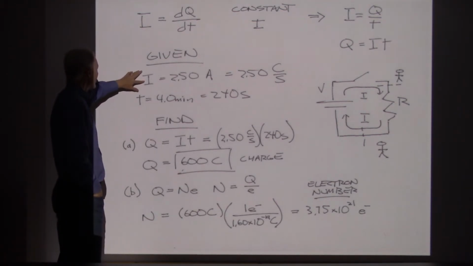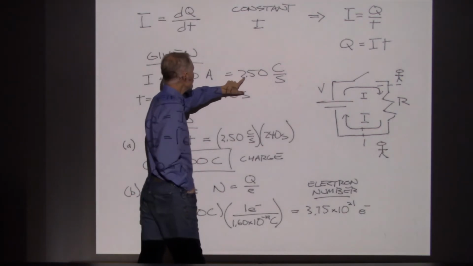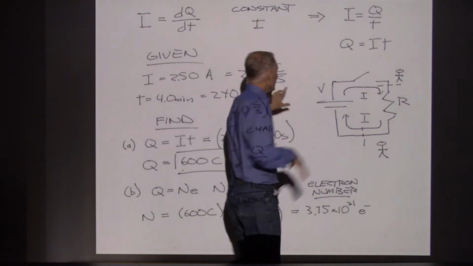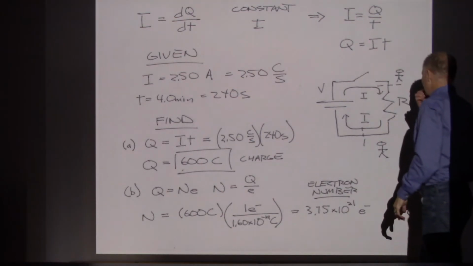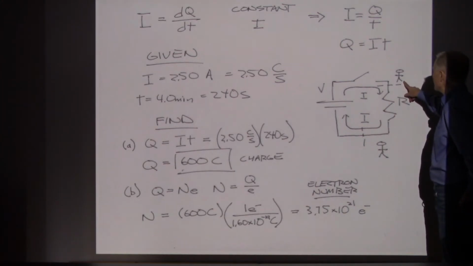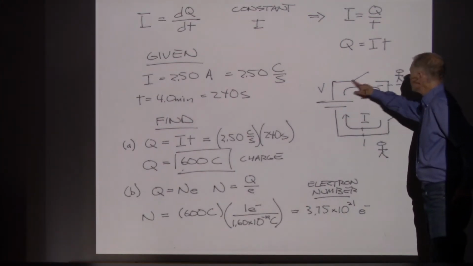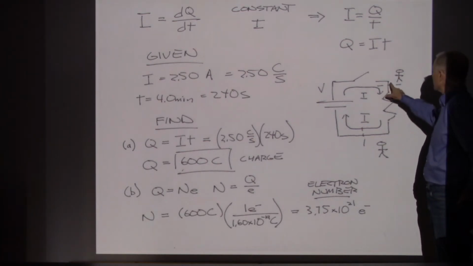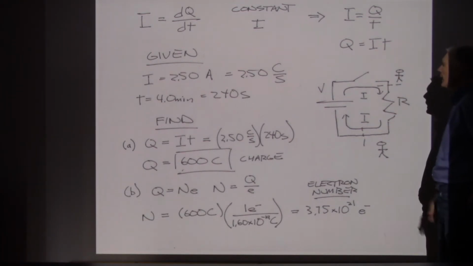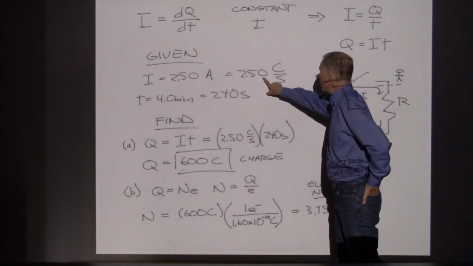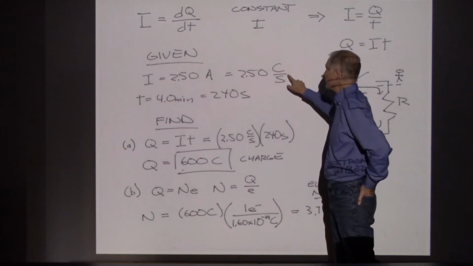If the current is 2.5 amps, that's telling me that 2.50 coulombs go by every second. Here is my circuit. Someone down here is doing the measurements, someone up here is doing the measurements. Because it's one loop, the current here is going to be the same as the current here. So we can measure the flow rate at any location within this one loop. The charge is going by at a rate of 2.50 coulombs every second,